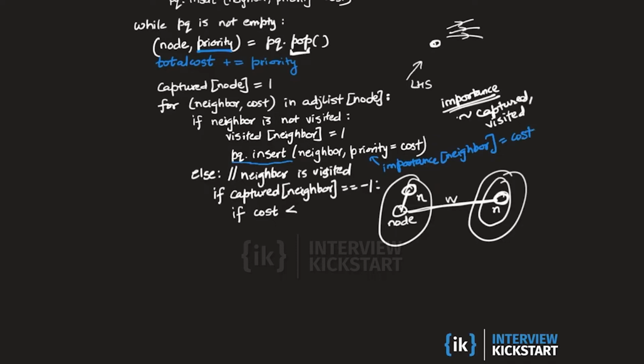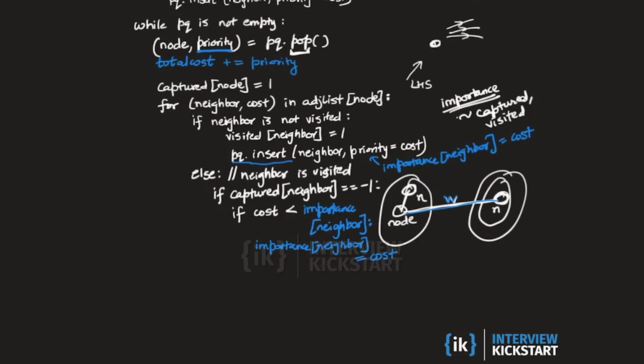And so at this point we are looking across this edge from the node to the neighbor, and we want to see if this edge has a lower cost, a lower weight, than the current priority value of that neighbor. If the cost happens to be less than the current priority value, the importance of that neighbor, then we want to update the priority value of that neighbor. We want to set the importance value of that neighbor to be this lower cost number,